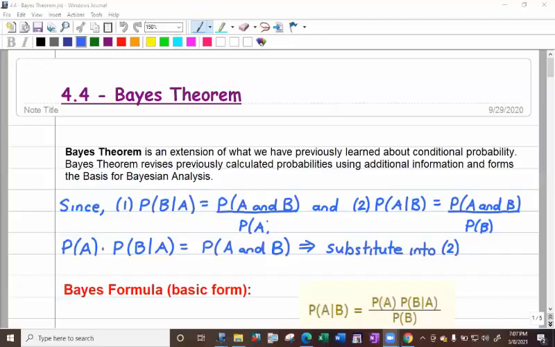All right. And let's get that going now. And hopefully we are looking at 4.4, the Bayes theorem. Okay. Now the Bayes theorem is going to be